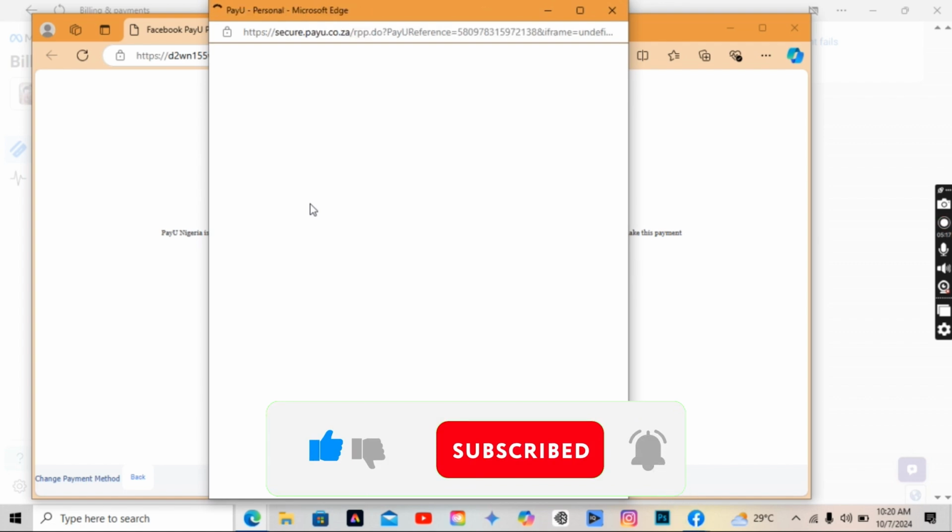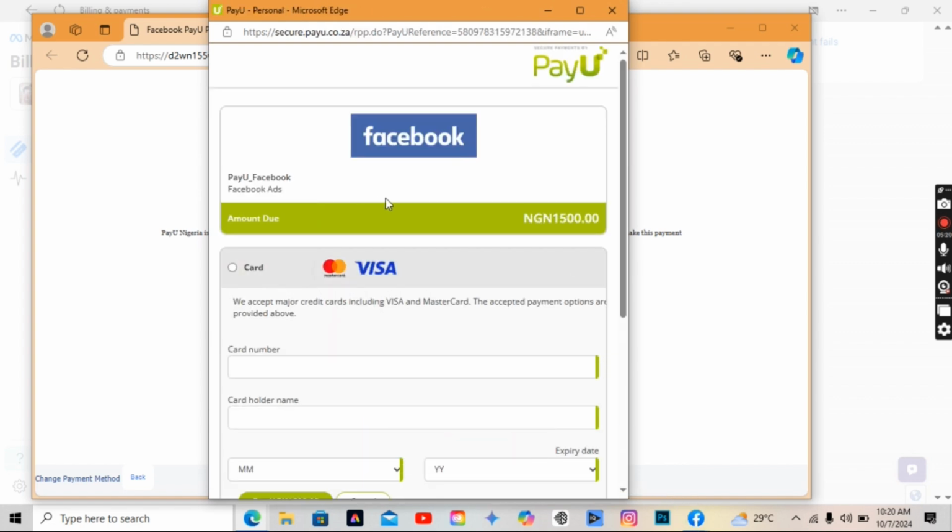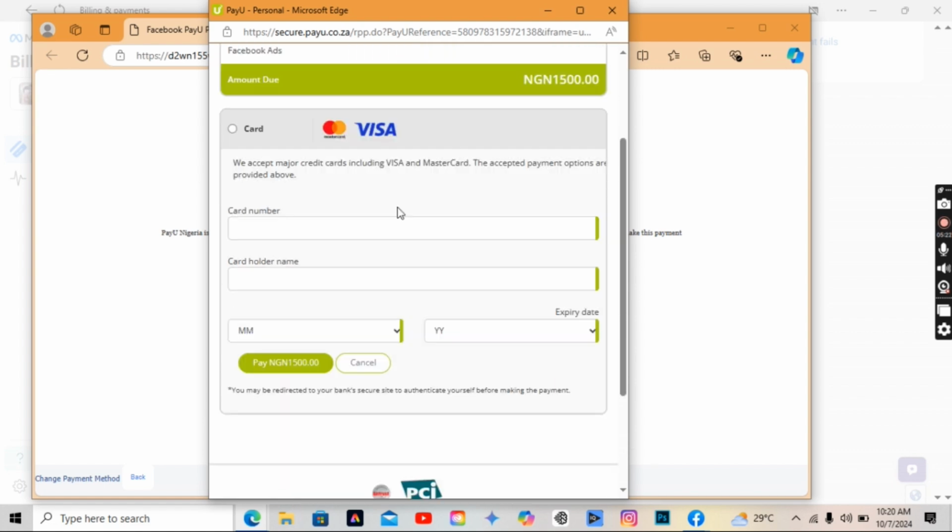So once you have clicked continue, you can now see this list. These are the various card methods that Facebook does accept. So they accept MasterCard and they also accept Visa card. So if you have your MasterCard or your Visa card, you can just go ahead and input your details. So guys, it's very secure. Input your details right here, and when you are done with that, now I'm inputting my own details. When you are done with that, you can go ahead and click pay